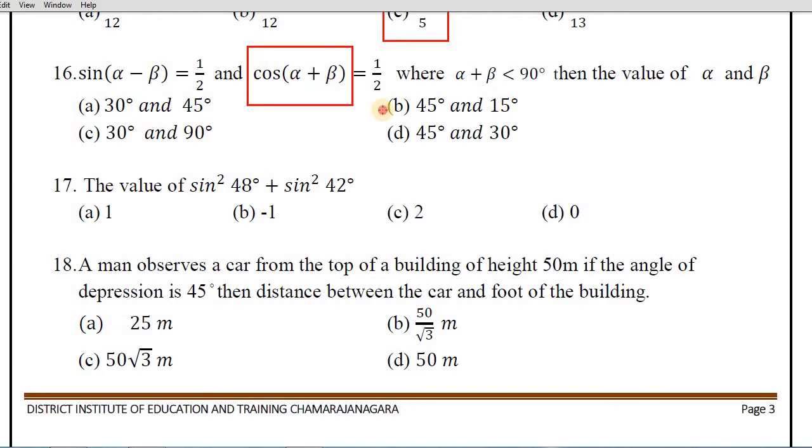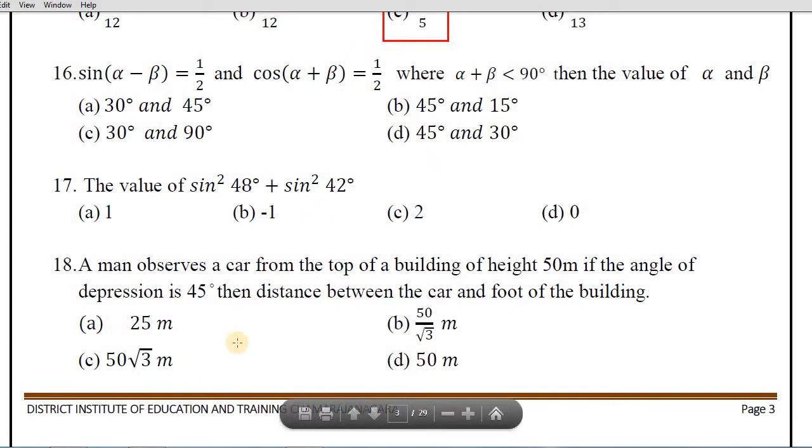Now similarly come to this equation. Cos (alpha plus beta) equals 1 by 2. So you express 1 by 2 in cos form. Cos 60 degree is 1 by 2, isn't it? Now cos and cos get cancelled. So alpha plus beta is equal to 60 degree. Now this you call equation number 2. Now solve both the equations by using the elimination method. That gives our answer, option B, that is 45 degree and 15 degree.